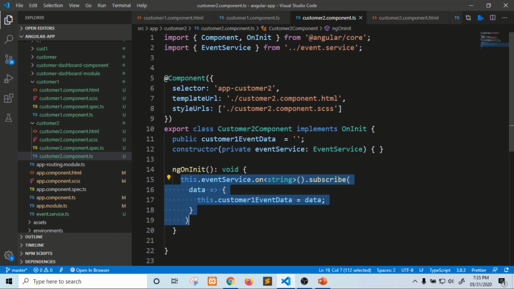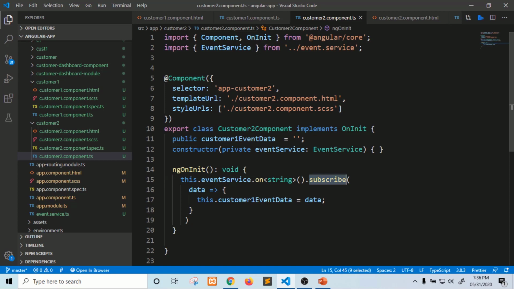When we want to subscribe to the emitted data from one component in different components, which might be sibling or parent-child, we need to register the on method inside ngOnInit this way. This dot event service dot on, and this is the type of data which we are getting.